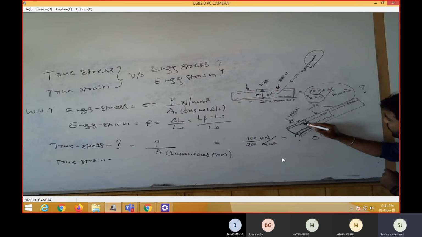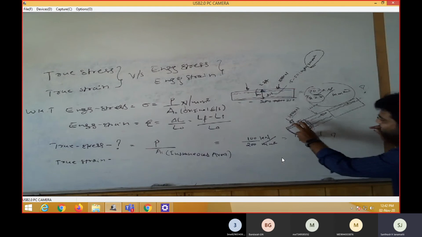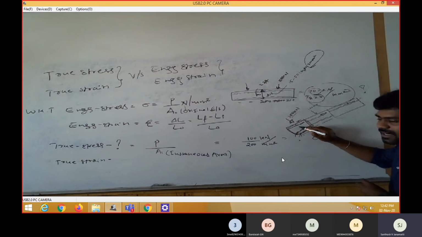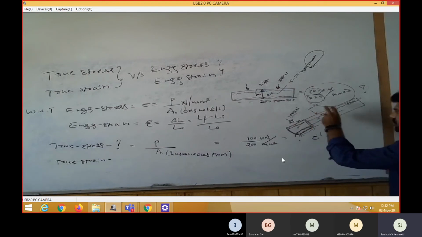Now you can calculate 2 mm plus 4 mm plus 6 mm. That is the total reduction. Total reduction is 2, 4 plus 6, 10, 12 mm. Based on this, you can apply. This is the instantaneous area. With a 2 mm reduction, definitely we will get a different diameter or area. We can get a certain value for the diameter here, or the area here. This area will be different, this area will be different. Take the average of all these areas, then you can calculate the stress. Then only can we understand this portion and this portion.